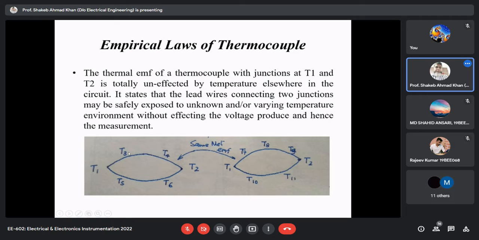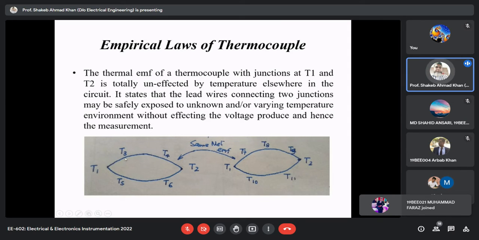Although this wire has been shown small, generally these wires are very long. So in this case, if your thermocouple wires are at different temperature, I'm